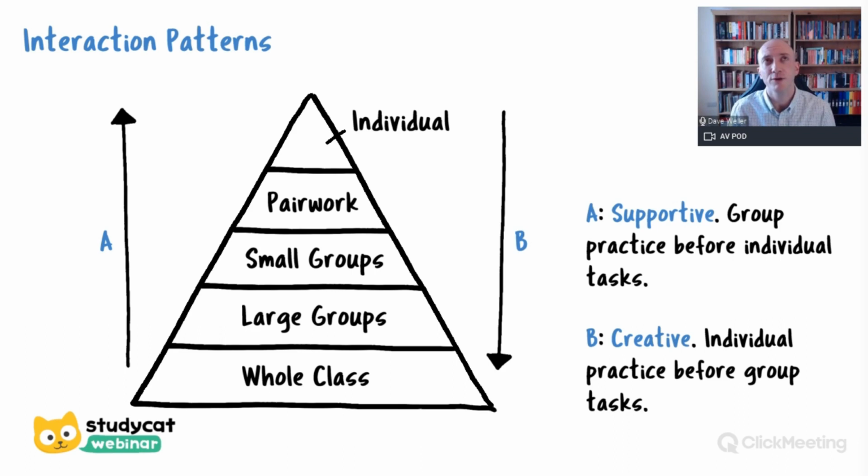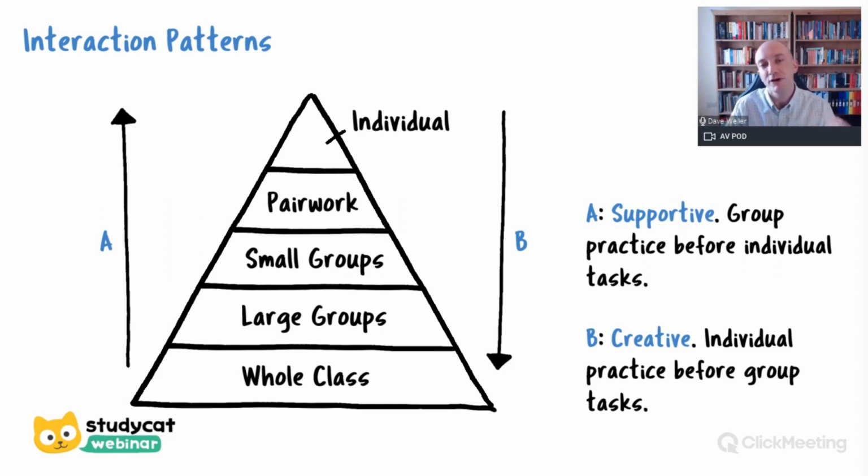I tend to find if you give students a creative task in a group, again, the weaker students or the shyer students or the lazy students will often hide and just sit back and not do anything and let the stronger ones take the lead. So if you're asking them to brainstorm ideas or create a new concept, doing this as an individual, as silent work first, where they can bring out their ideas on paper or just thinking about them, and then getting them to consult and tell each other in pairs before moving to those larger groups can be really good for creative